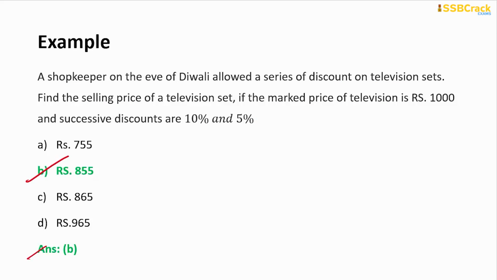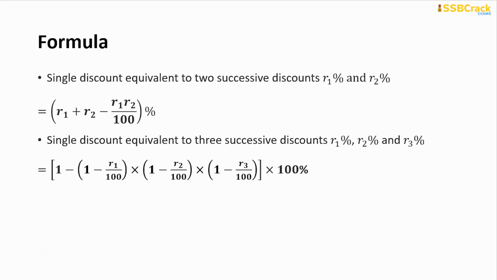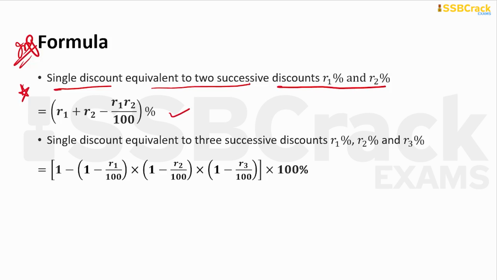Alright, now coming to the next formula, a very important formula I must say, and we can use it repeatedly because it is one of the easiest formulas to remember and apply in problem solving on discounts. Understand, when you are about to calculate the single discount equivalent to 2 successive discounts of R1% and R2%, go with this formula. When you calculate single discount equivalent to 2 successive discounts, that is R1 plus R2 minus R1